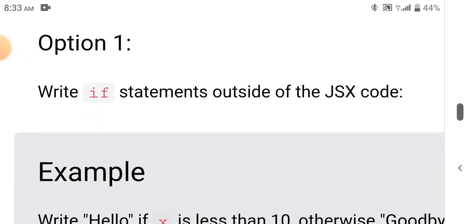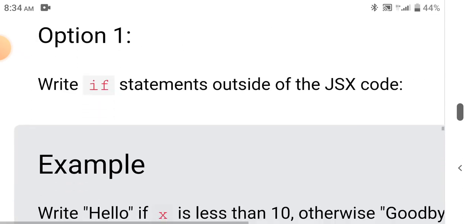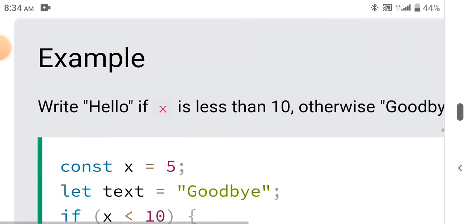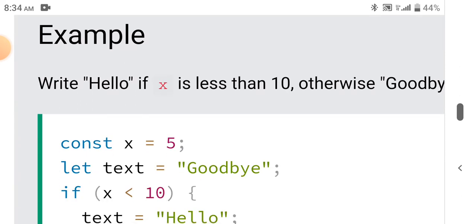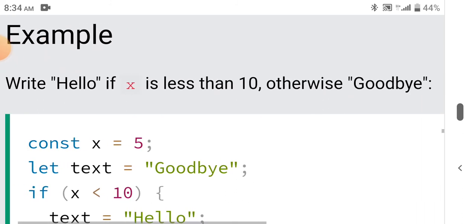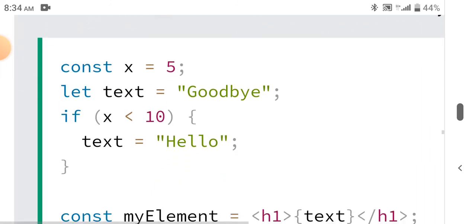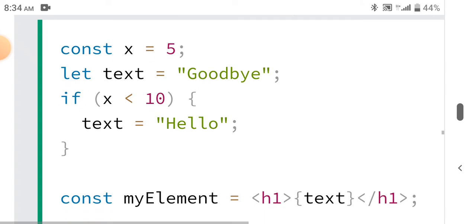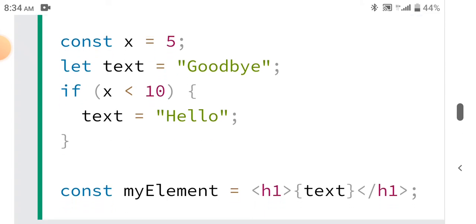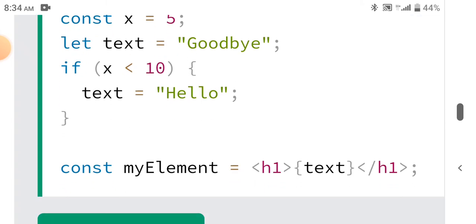Write if statements outside of the JSX code. Example: write Hello if x is less than 10, otherwise Goodbye. Const x equals 5, let text equals Goodbye. If x is less than 10, text equals Hello. Const myElement,